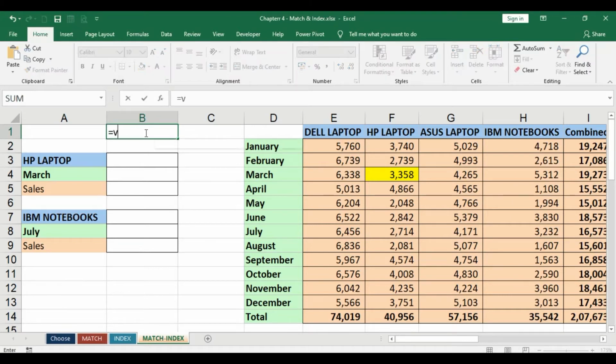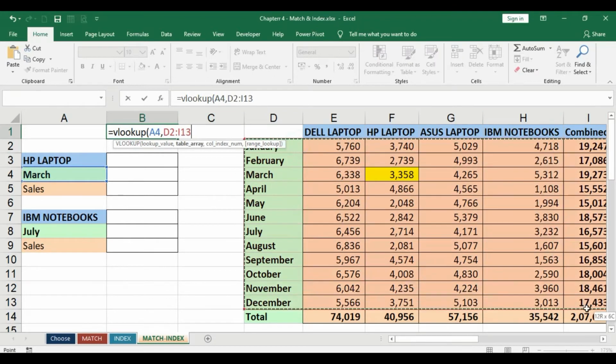The formula goes by equals to Vlookup, bracket open. I'm going to use the month of March in this case to locate, since the months are in the first column, and I'm going to use the month March as my reference point to identify the row number where the value corresponding to the month of March and for the HP laptop can be located. In this case, I'm going to select the entire data set over here. Before selecting the entire data set, I'm going to select the month March in this case. I'll just do this once again,